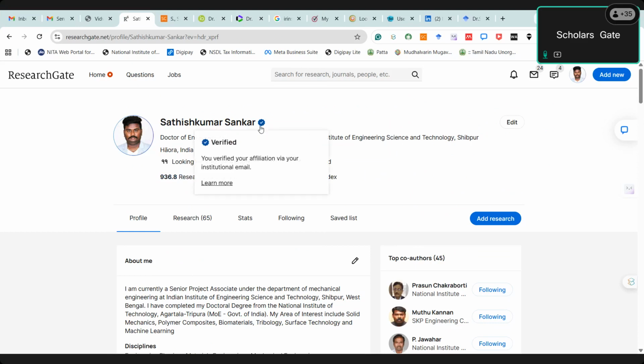a personal email ID is enough for creating the profile. But if you want the badge, here you can see the verified badge. If you want this verified badge, you need to give your official email ID for verification. Then only you can get that verified symbol, otherwise it is not shown here. Every 6 months we need to verify the profile, verify the affiliation. Affiliation means verifying that official email ID. Then only this badge will remain available. Otherwise it will be